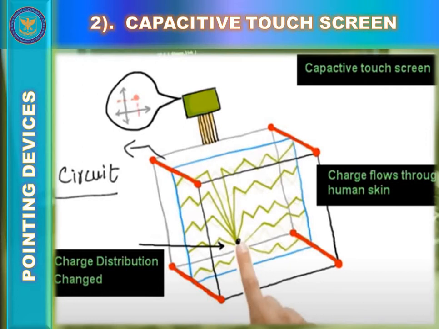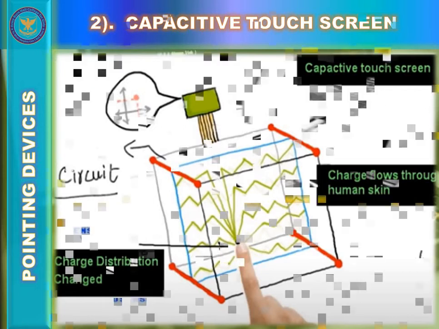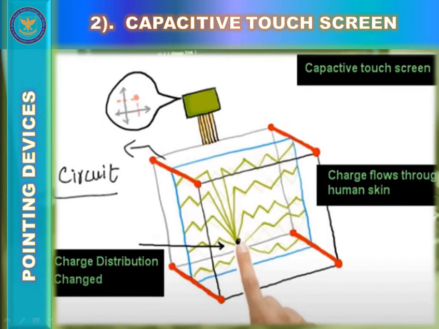So when you touch a capacitive touch screen, a small amount of the electrical charge is drawn from the point of contact to indicate where you touched the screen. Here you can see that when you touch a capacitive touch screen, a small amount of electric charge is drawn from the point of contact, to indicate where you touched the screen.